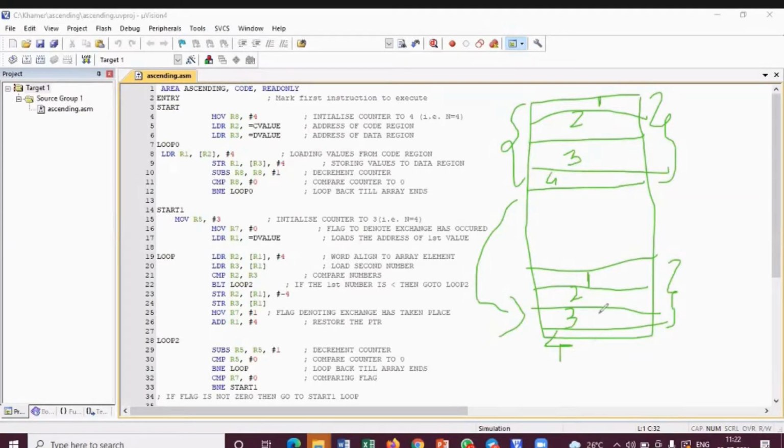If they are less, I will try to do swapping. If they are more, then some other operation. Hope you understood this part. I'm doing the ascending in this area, and I'm not touching this area at all. Clear, all of you now?